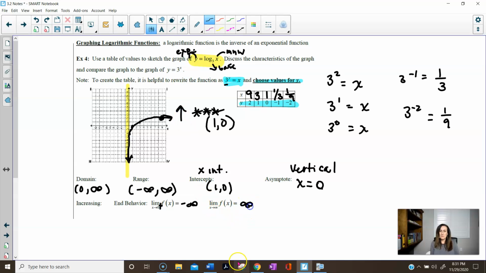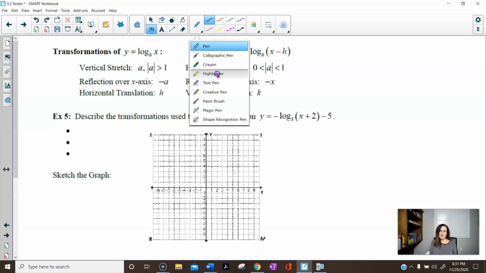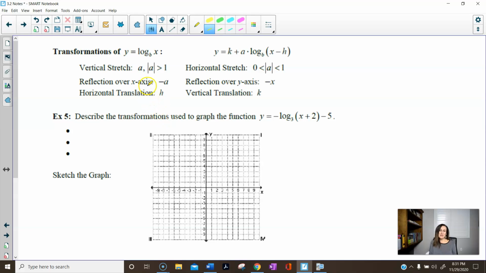And so the limit would be all the way up to infinity. So you can give this transformation a try, and we will also do this transformation in class because I like doing the transformations in class. But basically, if the absolute value of a is greater than 1, a is this multiplier out front, then you're getting a vertical stretch. If it's a fraction between 0 and 1, you're getting a horizontal stretch,